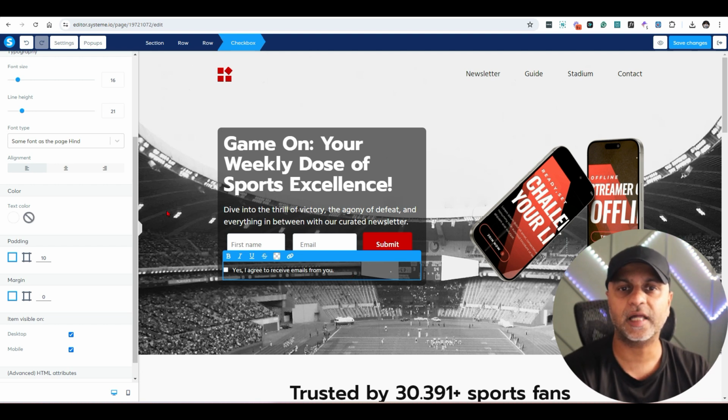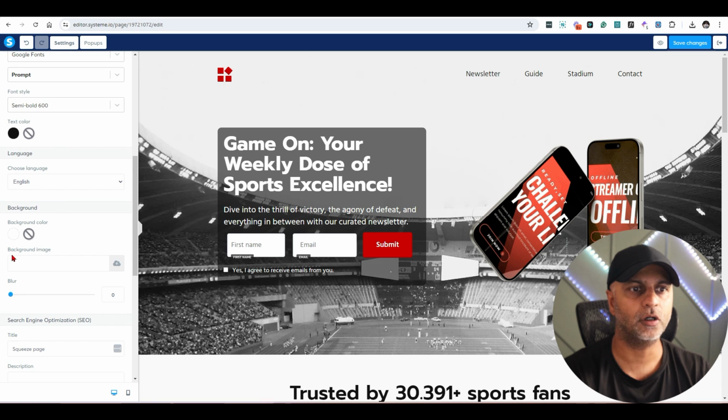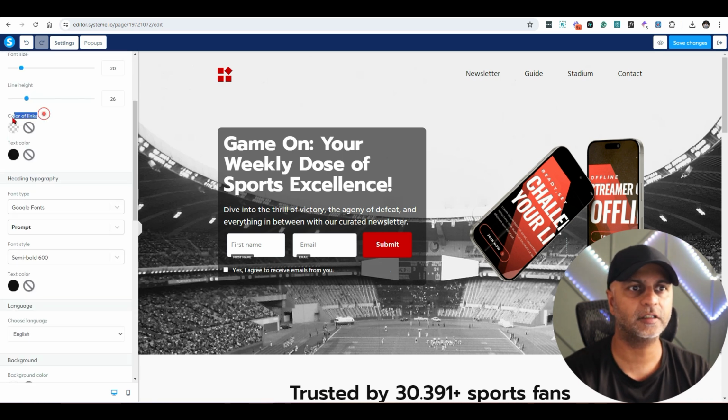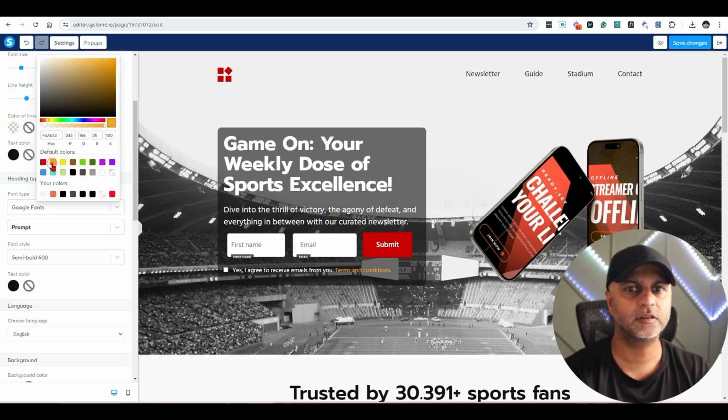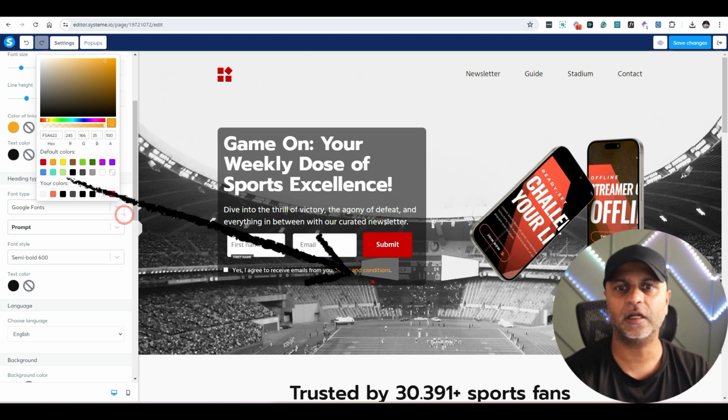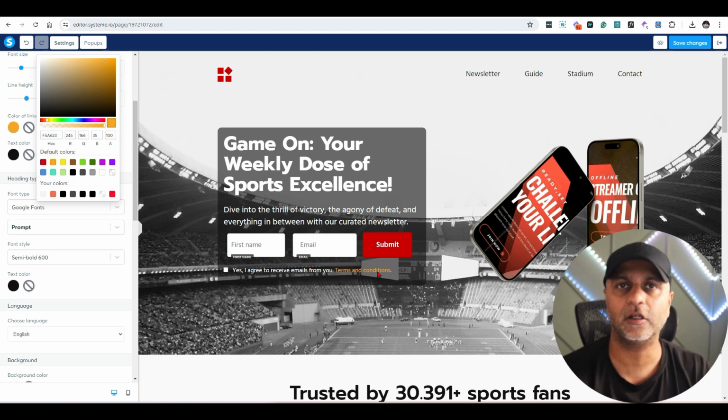How we fix that is we need to go into the page settings and change the color for our hyperlinks. So first let me hit save changes here. Then we're going to click on the settings box here, go down to our link, color of links right here, and let's change that. And now we have a different color for the link